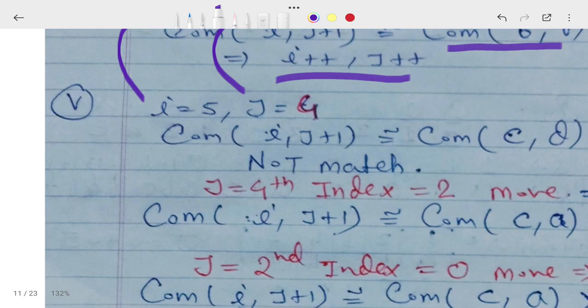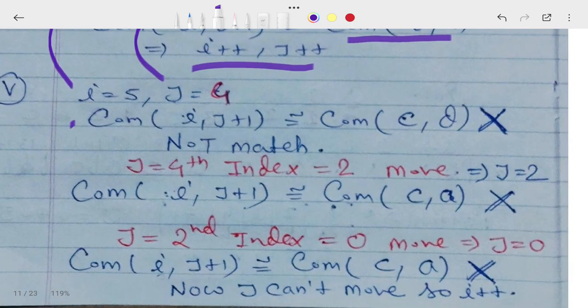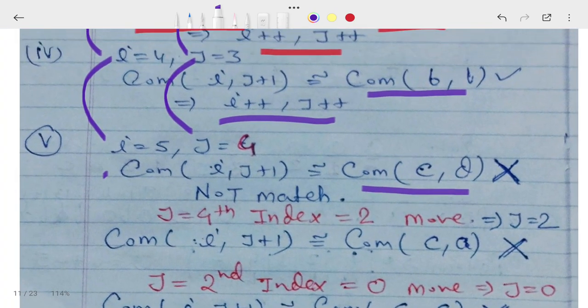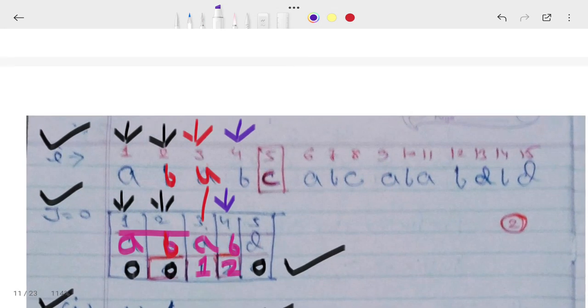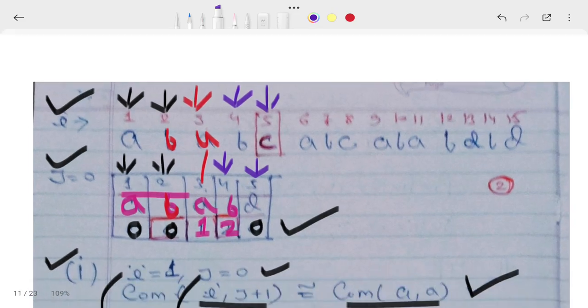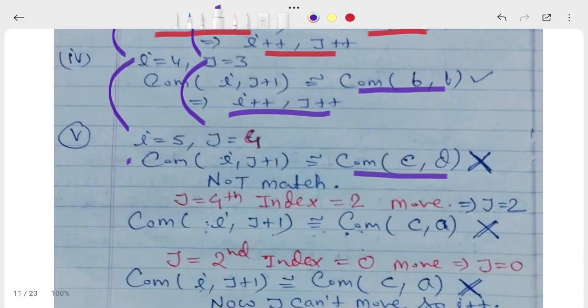Now compare I and J plus 1. Now I will see what is I. I is equal to 5 and J plus 1 is also 5. You can see C and D both are not matching. Once both are not matching,